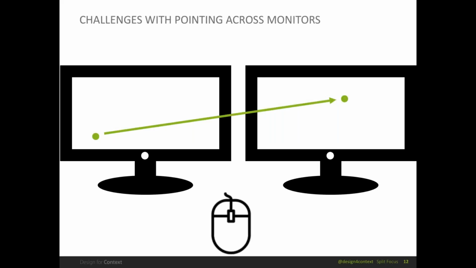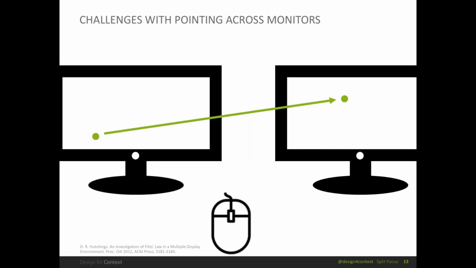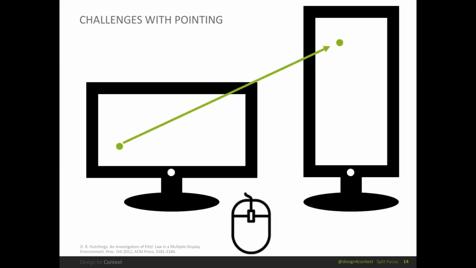Using a mouse to move the pointer between the multiple monitors is a downside to this type of work environment, though. It takes more time than with a single monitor display because of the larger distance, and there's more risk of losing your cursor. The challenges increase when there's more distance between those monitors and when there are differences in height. A researcher named Dugald Hutchings in 2012 showed that the size of the physical gap between the monitors significantly affects the actual movement time and accuracy, despite having no influence on the distance necessary for travel by the mouse